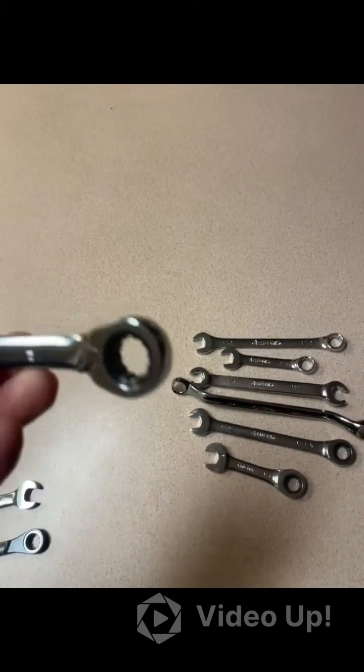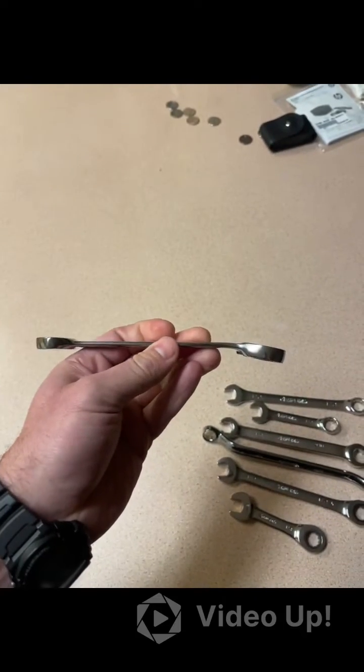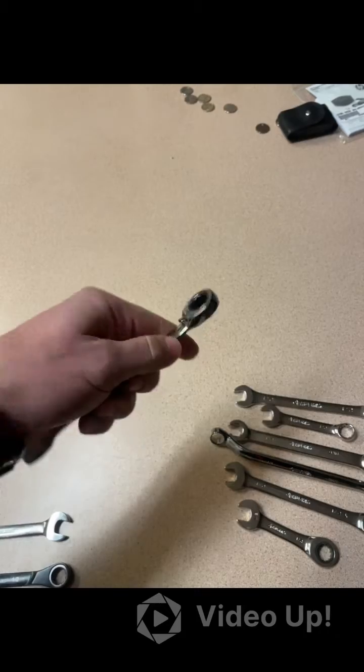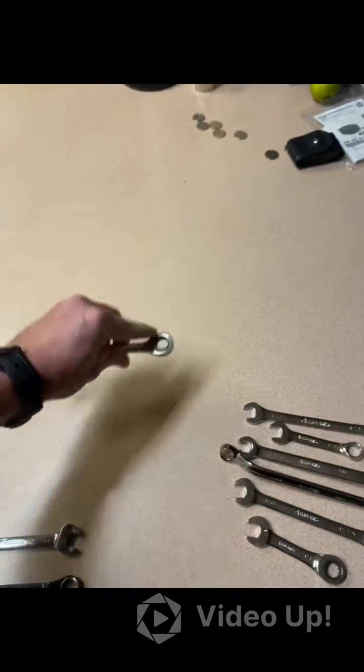This one's a little different. It's a ratcheting wrench, but it has an angle, and then you don't just flip it over, you actually reverse it. So that gives you that angle to kind of stay away from other tools if you need to tighten